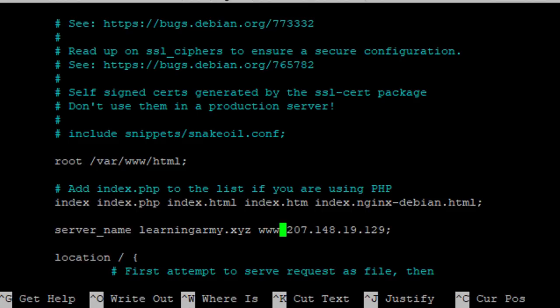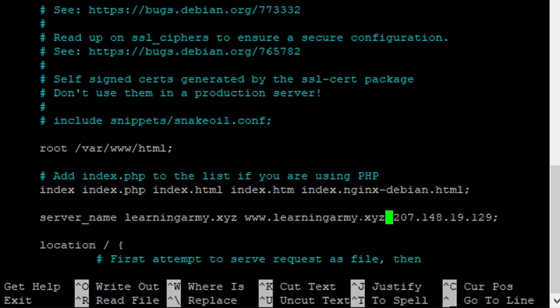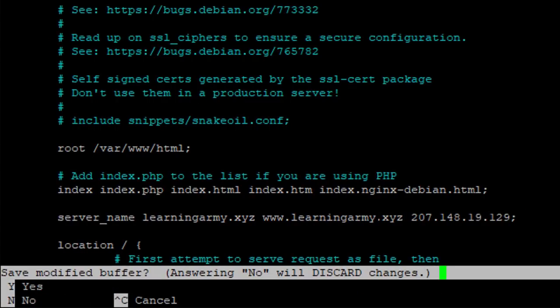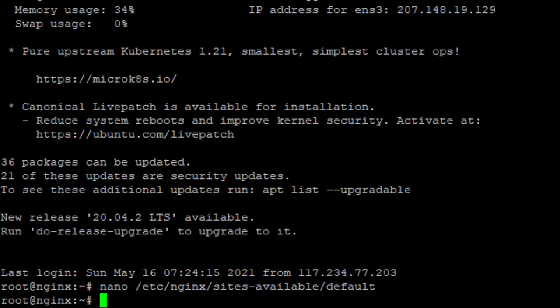Now type the domain with www prefix, and make sure there is no spelling mistake in your domain name, otherwise it will create problems. So now save the modifications by pressing Ctrl X. Press Y to save and hit enter. Now reload your server using the following command.